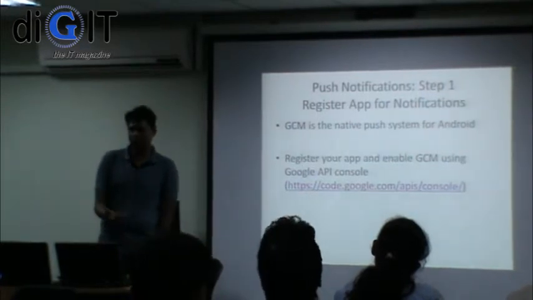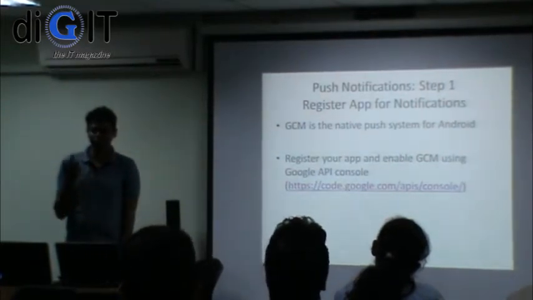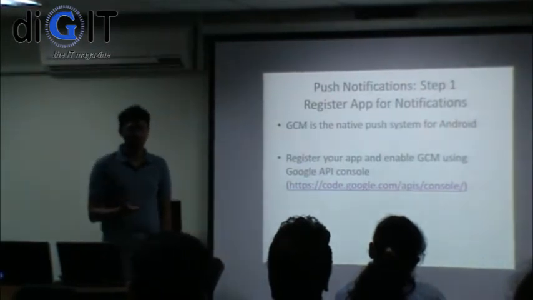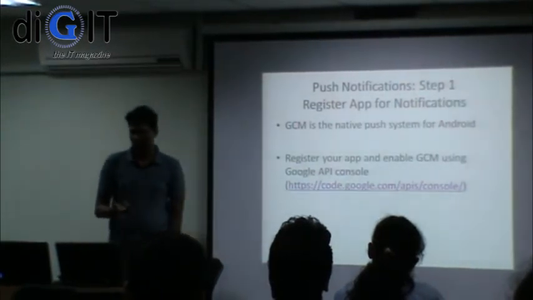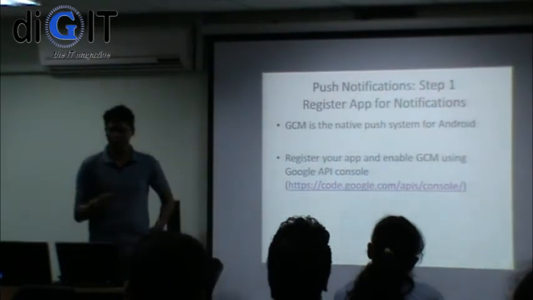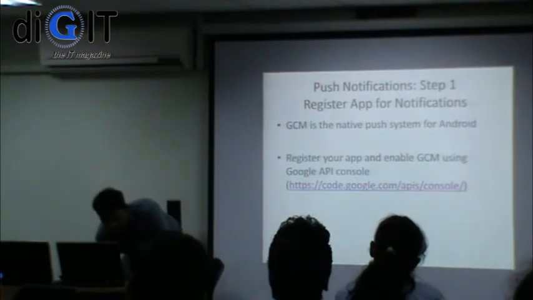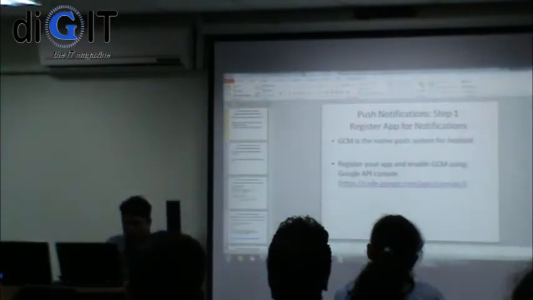First thing you need to do is register for an account with GCM. You need to go to the Google API console and register for it. Do you want me to show you how that's done? Okay, for people who haven't seen that before, I will just really quickly show you the Google API console. So this is the API console. You need a Gmail account. You need to be signed into your Gmail account. What you need to do now is say create.